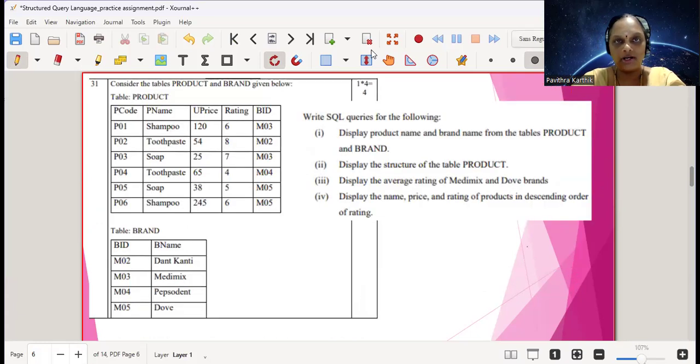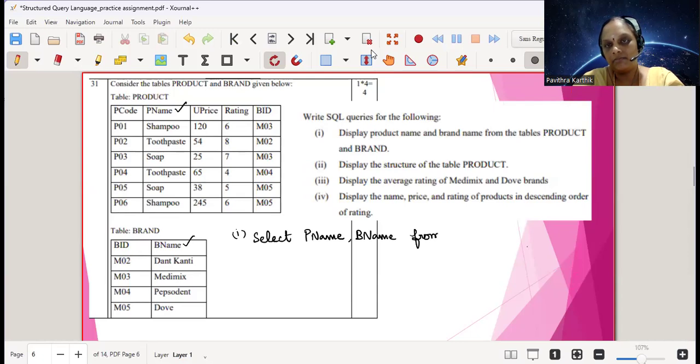So product and brand, write SQL queries for the following. Display product name and brand name from the tables product and brand. Select P name, comma, B name from product, comma, brand,